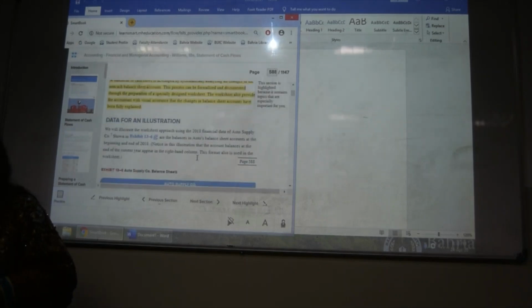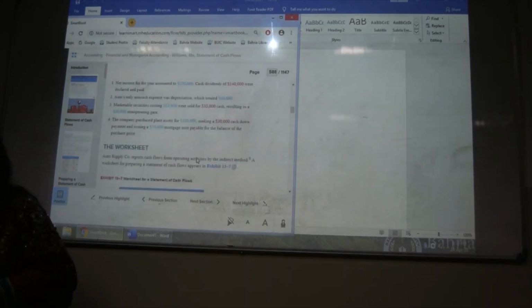It's very important for you to look at what is being asked before you read the entire question. Now you see, it is very important for you to know that net income is $250,000 and dividends were $140,000. Dividends are going to reduce the retained earnings, and the net income is going to be increasing it. Similarly, we have the non-cash expense of depreciation, 60,000. Okay, what else do we need to know? So if you see that,